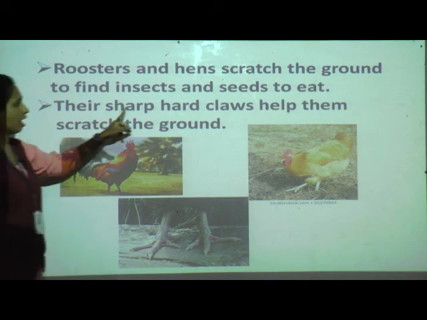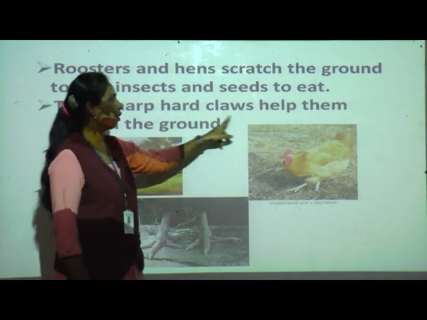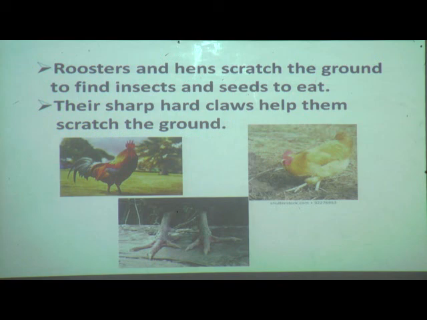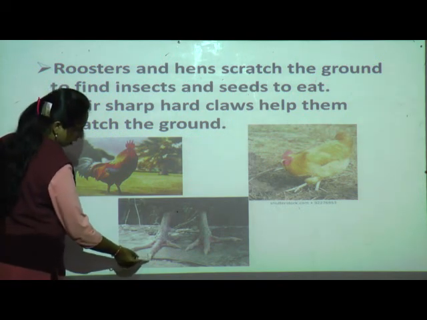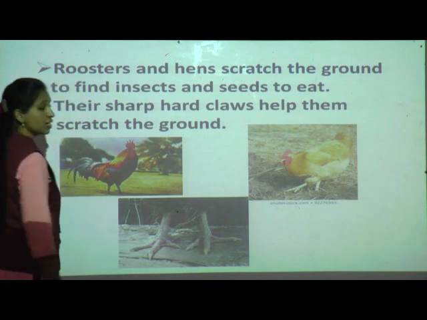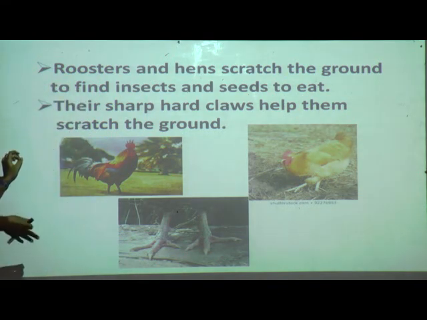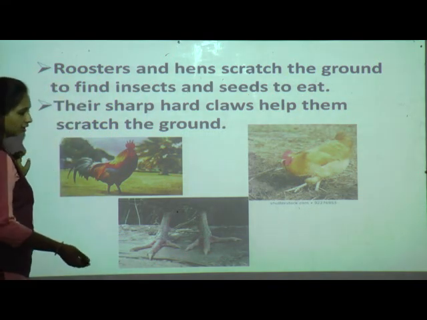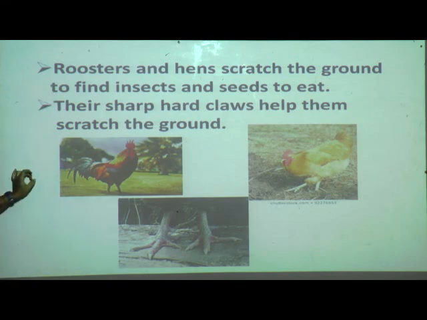Their shape is such that hard claws help them to scratch the ground. So they have very sharp hard claws which help them to scratch the ground or dig the mud. Okay, and with the help of this only they will find the seeds and all. Got it? Understood? Now we will move to the next.